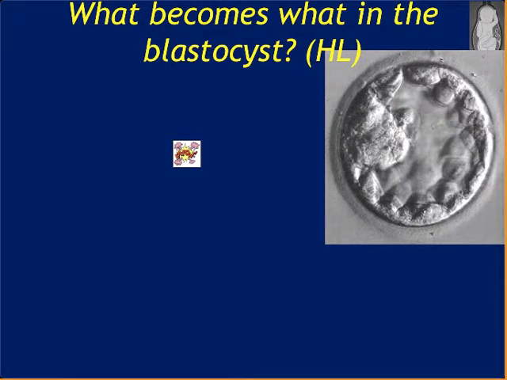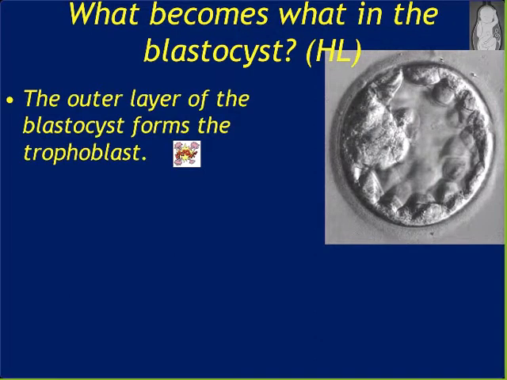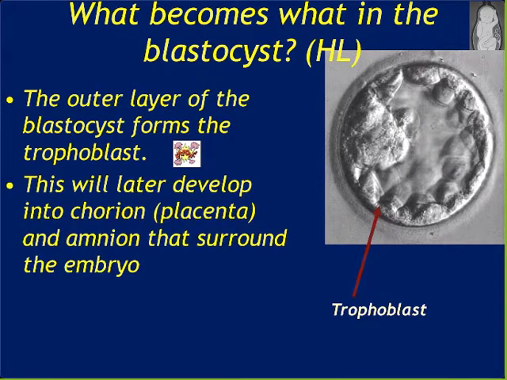So you can label your little diagram of this. So this is the blastocyst, and the outer layer, this part here, is called the trophoblast. And that will develop into your placenta and your amnion, so into your chorion and your amnion that we did the last day. And it's these cells here that will become your embryo. So the inner cells will become the embryo,